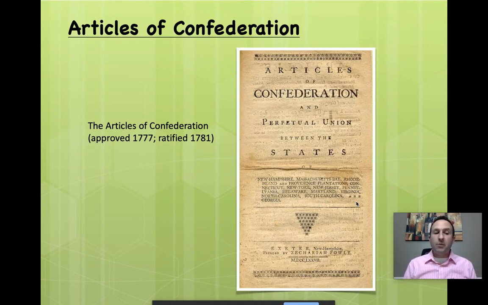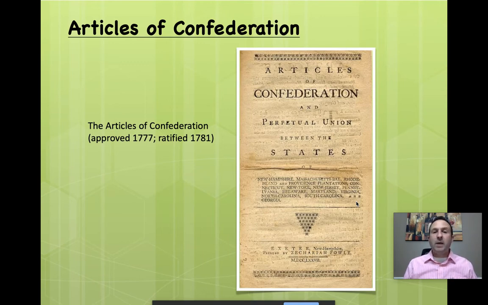And then number three, it can regulate Indians if the Indians lie outside of a state. So if you go back to that map originally, you talk about the Northwest where modern-day Ohio, Indiana, Illinois, and Michigan are. Those aren't states yet. And because they're just territories owned, not states, the Articles government can regulate Indians in those areas. But they can't regulate Indians in, say, New York, Pennsylvania, Virginia.